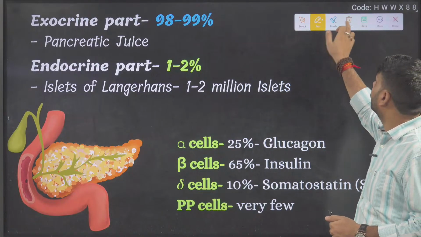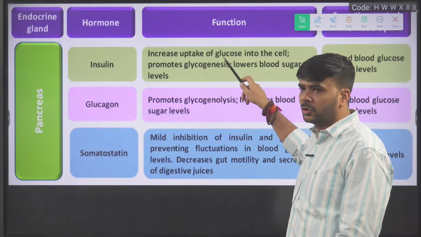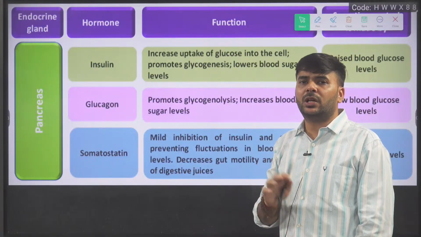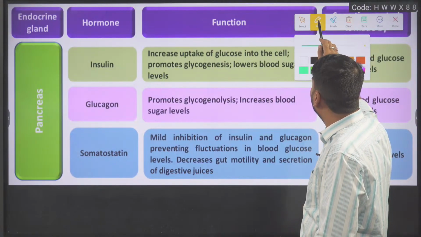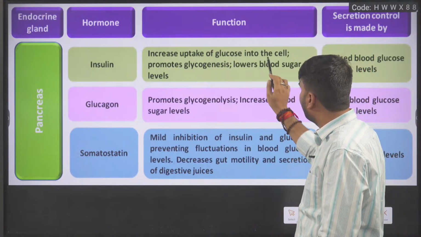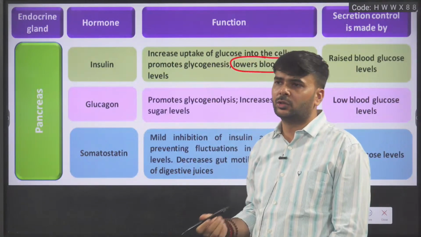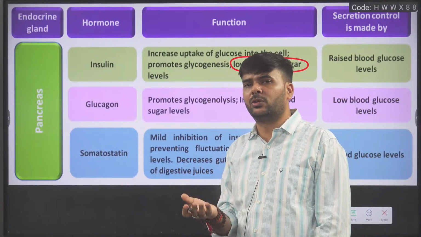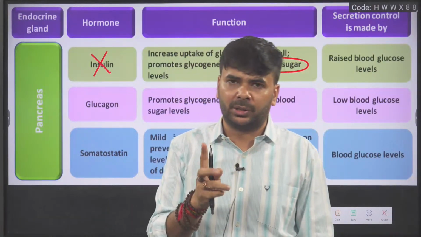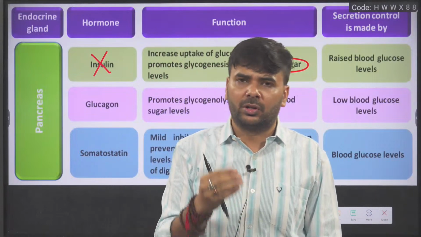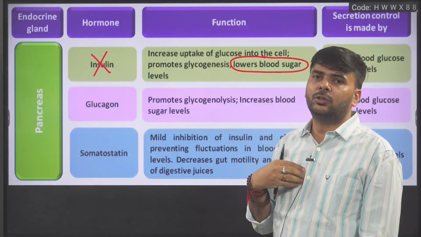Chalo, next. So next is insulin. Insulin increases uptake of glucose, or simply increases your cellular glucose and decreases blood glucose. It lowers blood glucose and increases glucose in your cell. So cell glucose increases, blood glucose decreases. If insulin is absent in your body, with low secretion or not working, both are possible. Whether it is not secreted or not available, the symptom and the problem will be the same: your blood glucose will be high.